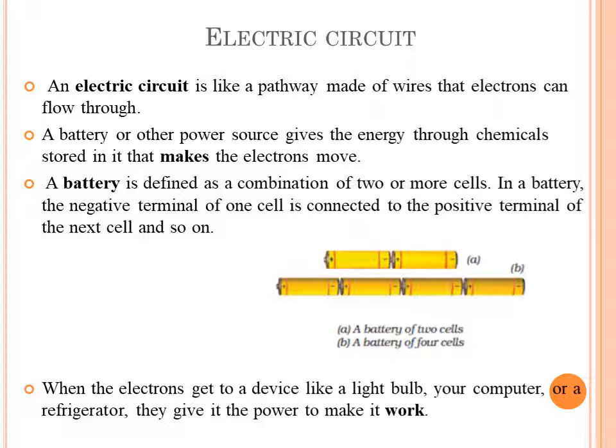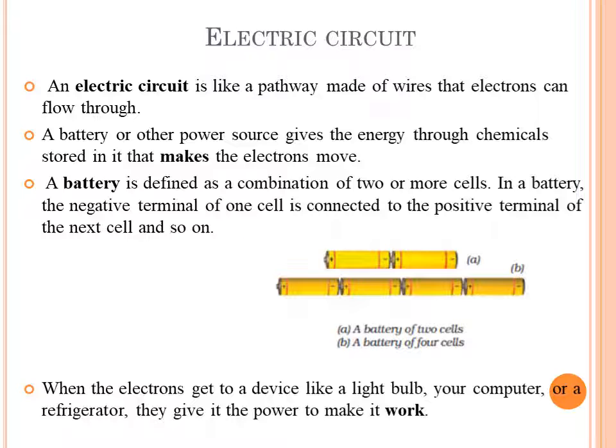Electric circuit. Even electric circuit we have studied in our previous classes. An electric circuit is like a pathway made up of wires that electrons can flow through. Generally, an electric circuit consists of an electric cell or a battery, electrical appliances, and electrical wires that make the closed loop in the electric circuit through which the electric current can flow and reach the electrical appliance so that the electrical appliance